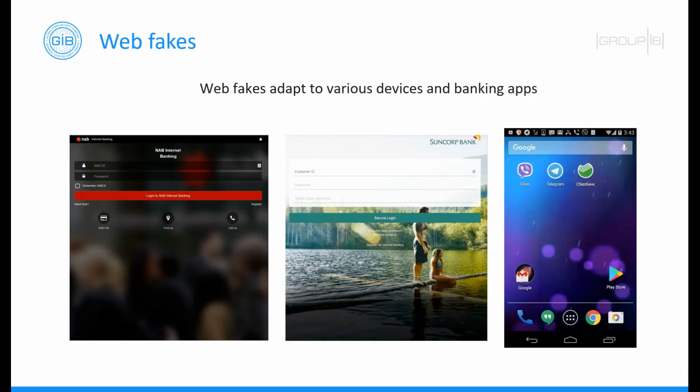Some examples of the web fakes: they normally adapt to various devices and banking applications. So you can see some examples, some screenshots of malware which actually have been in the wild. And this technique today still is one of the most popular among cyber criminals, and it's pretty much effective.